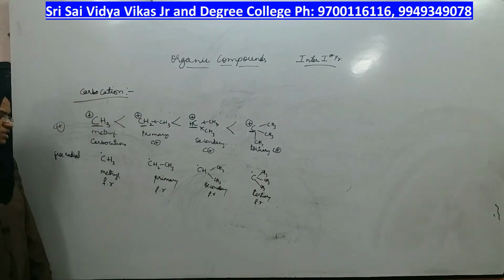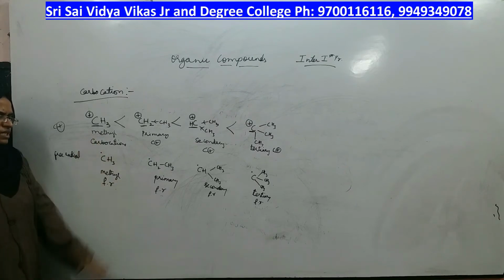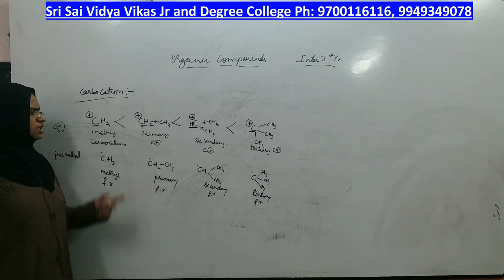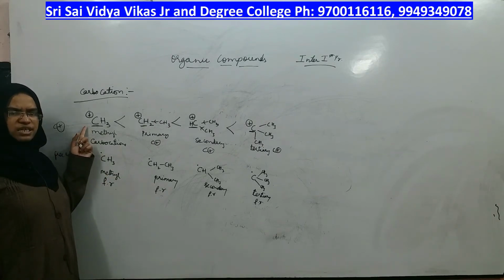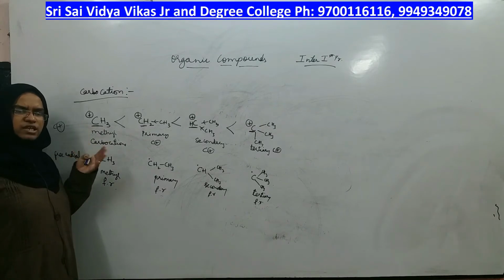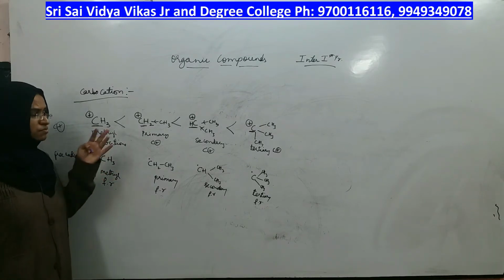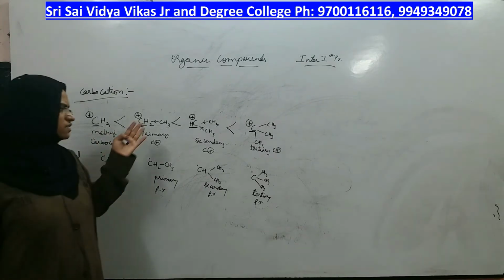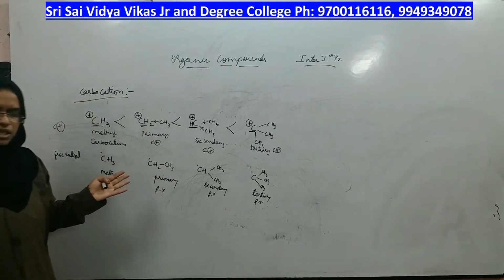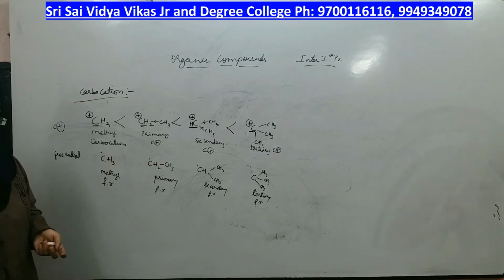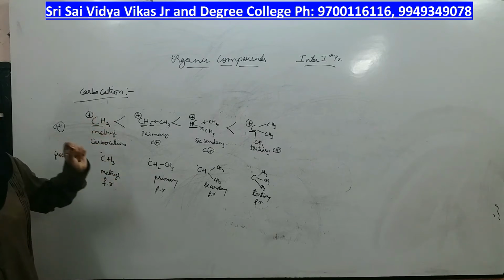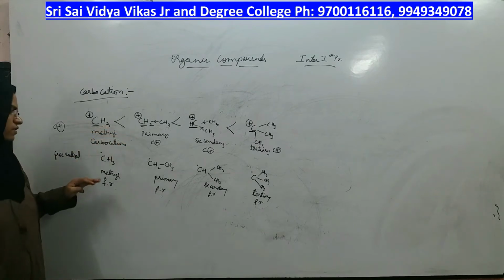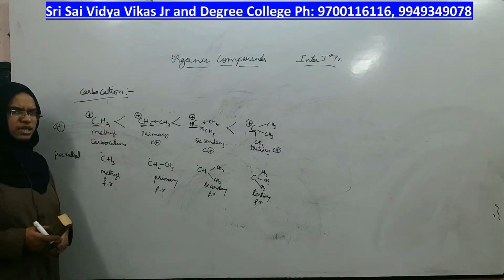Now what happens to the stabilities of these? The stabilities of free radicals are also the same as carbocations, because in carbocations also there is an electron deficiency which will be reduced by carbons present around. If more carbons are present around, more electron deficiency will be reduced. If fewer carbons are present around, less electron deficiency will be removed. And both of them are highly reactive intermediates. Carbocations are also highly reactive and free radicals are also highly reactive, right?